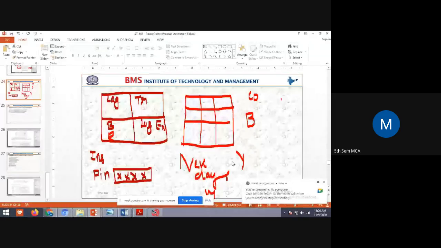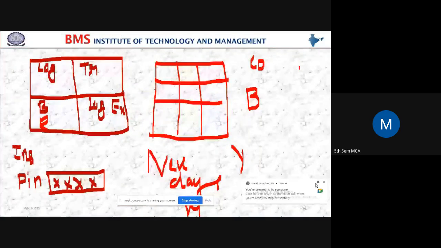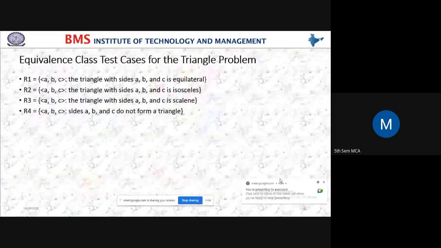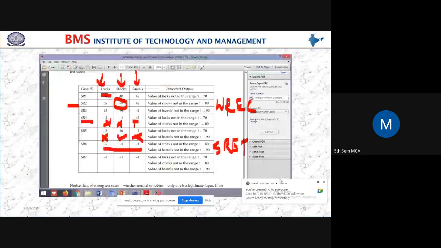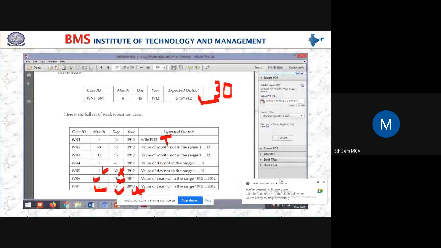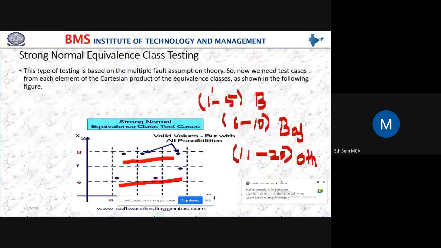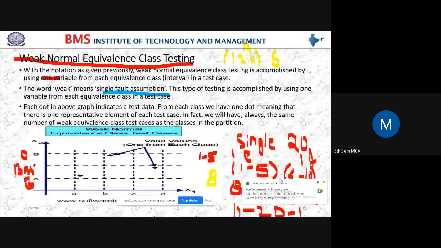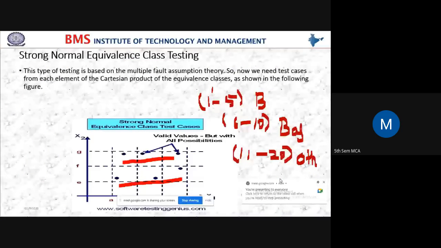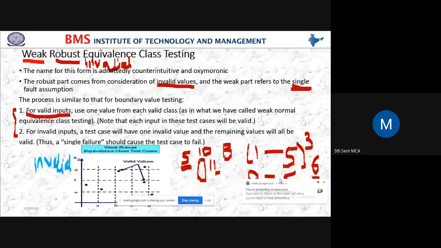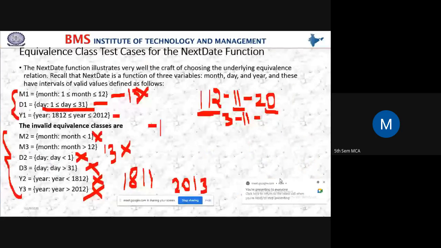So in last class, we have learned the equivalence class testing. Before we move on to the types of equivalence class testing, we learned the weak normal, strong normal, robust weak, and robust strong equivalence class testing. And we have also learned the equivalence test classes for the next day problem